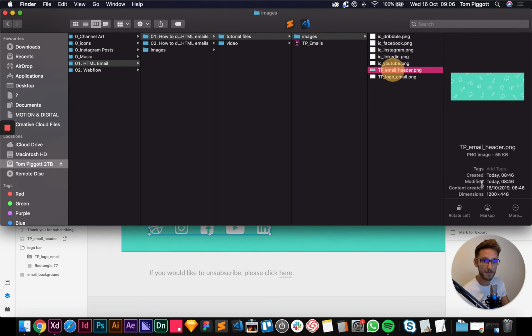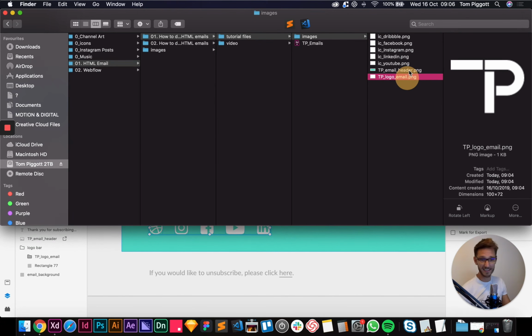Okay. So at the moment, this is 55 kilobytes. So these are already tiny, tiny, tiny. We probably don't need to compress these, but sometimes you might have one that's 1 megabyte. That's way too big. I would say maximum file size for email images should be around 500 kilobytes. But just get them as small as possible, but still looking crisp. So it's good to work in vector and export as PNG. You're going to get small file sizes.